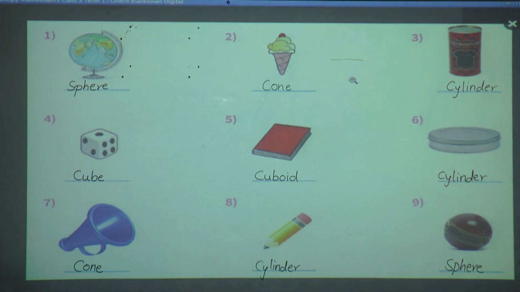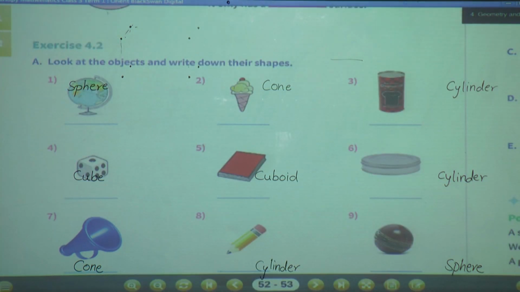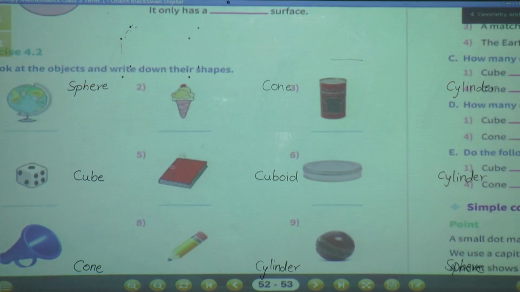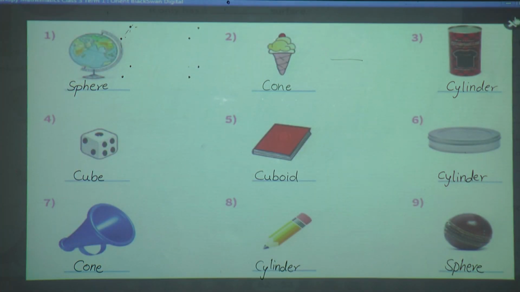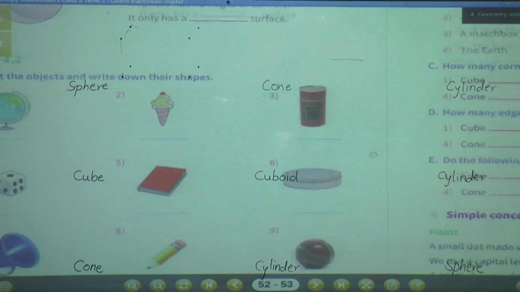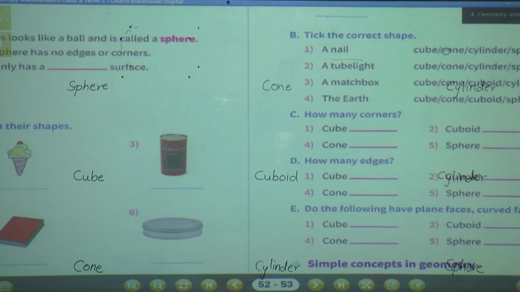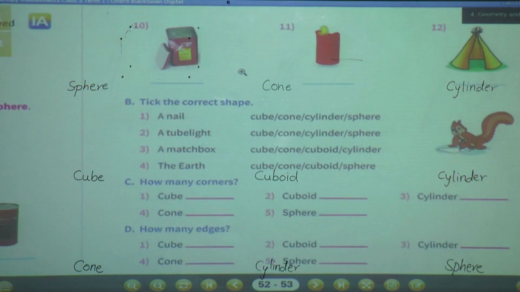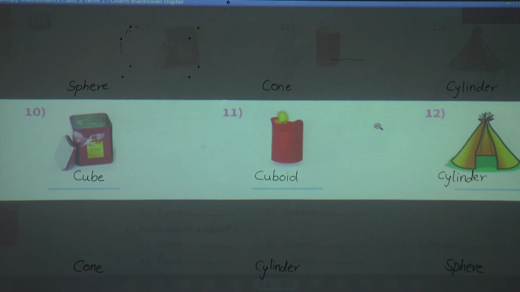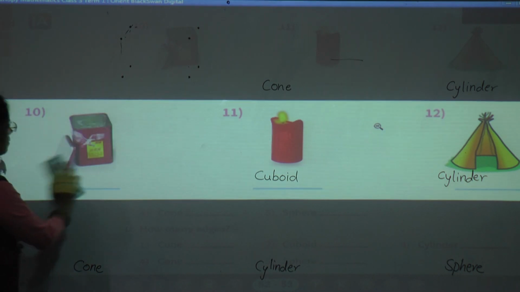Have we completed? Shall we move to the next part? Here 3 more examples are there that we will see first. See here. 10th one, it is a box.